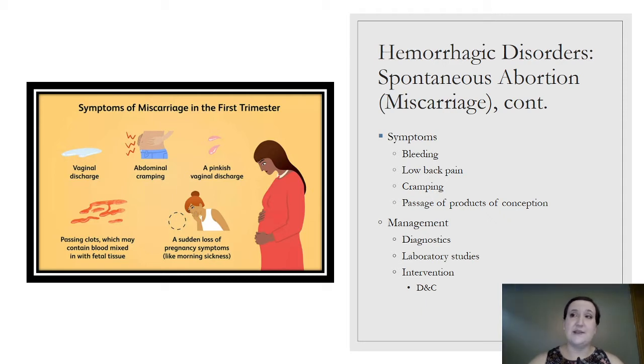Hemoglobin, obviously, we need to keep a very close eye on how much she is bleeding, and then white blood cell count, because this does place a woman at potential risk for infection. We could also perhaps have an underlying infection that could have caused this. We don't usually see that during the first half of pregnancy. That fetus is usually safe from infection, but still we're going to be concerned about that.